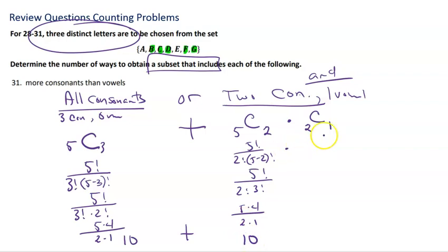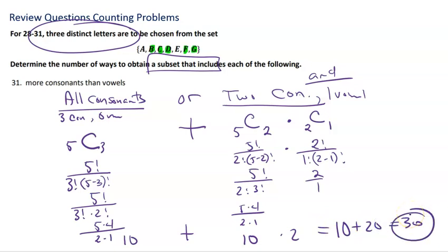But I have to multiply that by 2 choose 1. So that's 2 factorial over 1 factorial times 2 minus 1 factorial. That's just going to give me 2, y'all. Because 2 minus 1 is 1 factorial. 1 factorial is 1. 2 factorial is 2. 2 divided by 1 is just 2. So when I add this together, I have 10 plus 20, which is 30 possibilities